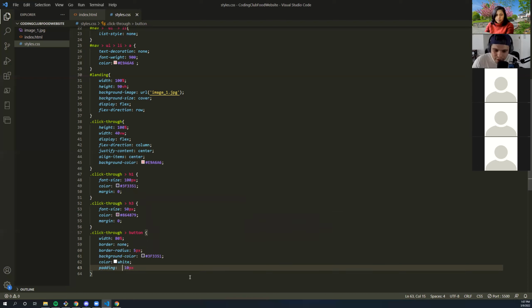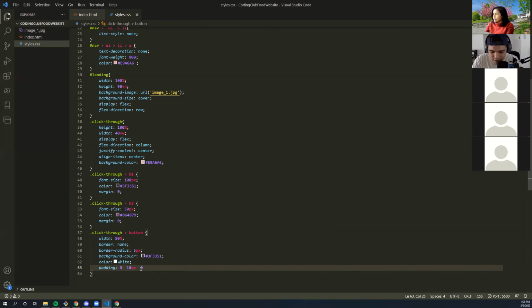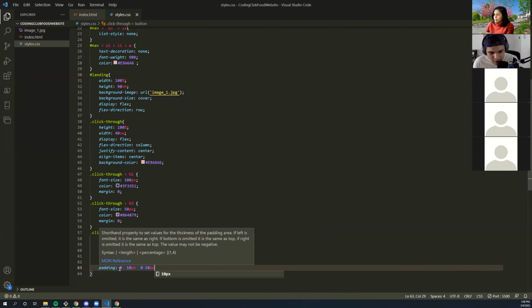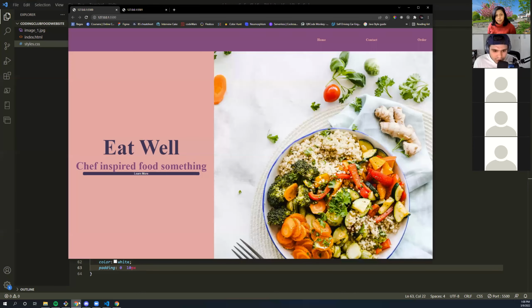So if you put in 0, 10 pixels, this is stating the same thing as doing this. So I'm gonna write it long ways first, and then we'll take it short ways. So left and right are 0, top and bottom are 10. All right. But I don't need to write that twice, because when I only have two values, it just duplicates it for the next two. So here we go.